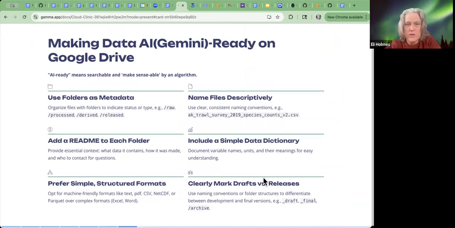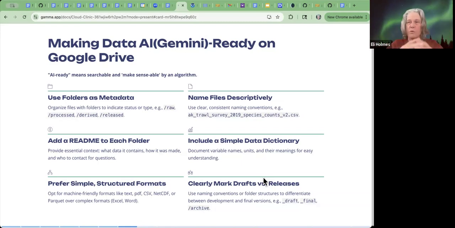Okay. So let's think about some of the changes. What does that mean as you're moving data into these shared locations? And I just want to talk about Google Drive, because realistically, that is going to be the place where a fair bit of our data is going to go, at least in the near term. And as you're doing that, there's again the shift from my data, I understand it, to, hey, I want to make the data understandable to others and understandable to machines.